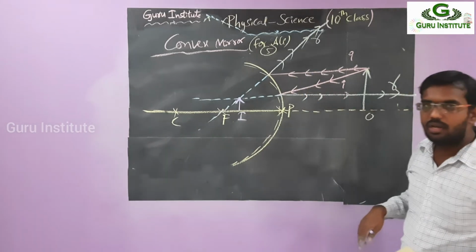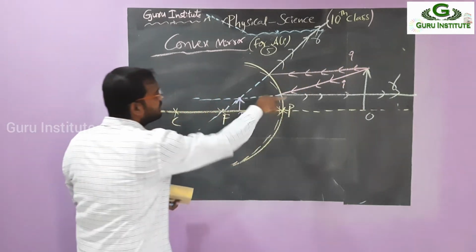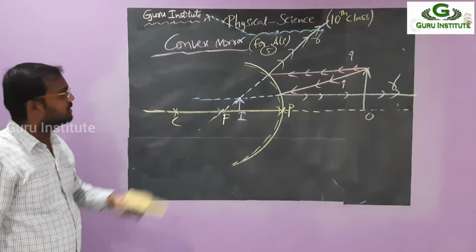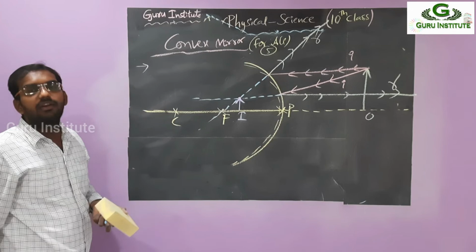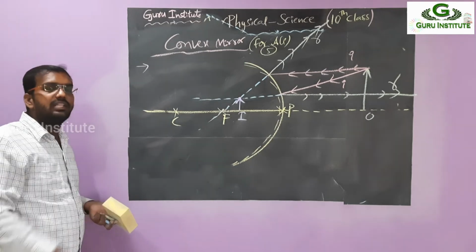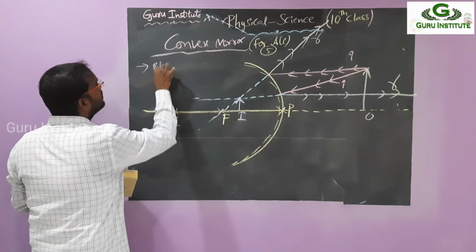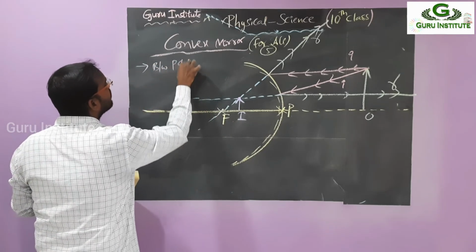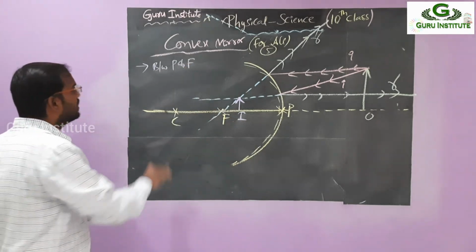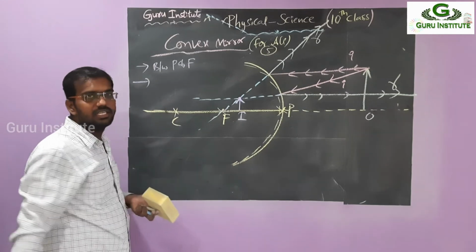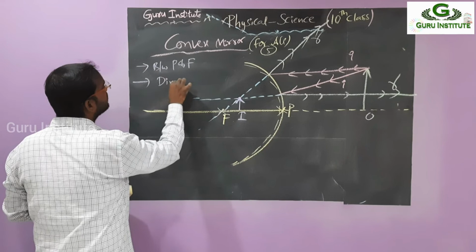According to our knowledge, if the reflected rays do not meet directly, you have to extend them to the back side. So I am extending the back side. Here the image is formed. Then what is the nature of the image for all the 5 cases? Just try to write the nature. What is the first one? We have to find the position. It is formed between P and F. So the image in a convex mirror is always formed between P and F. And what is the size, decreased or increased? By simply seeing, it's very small, so it's a diminished image.